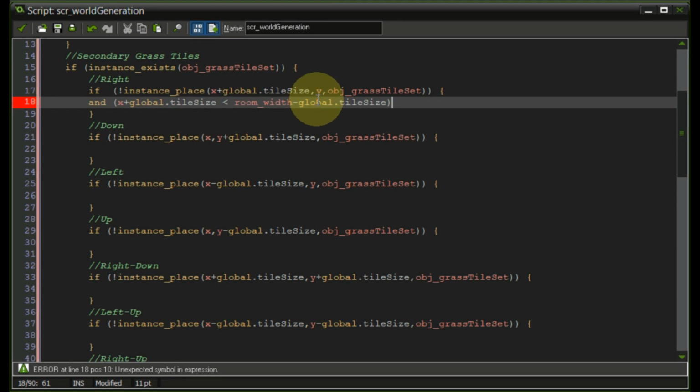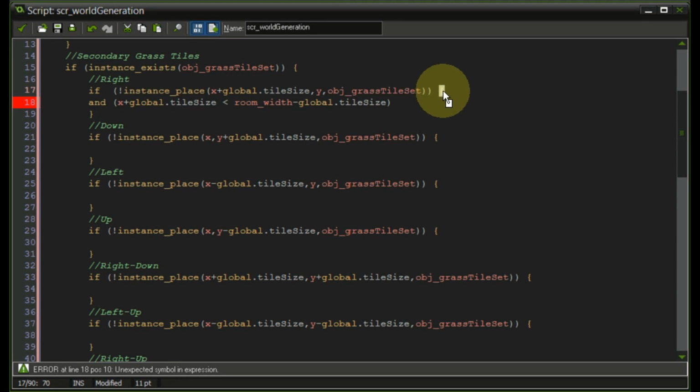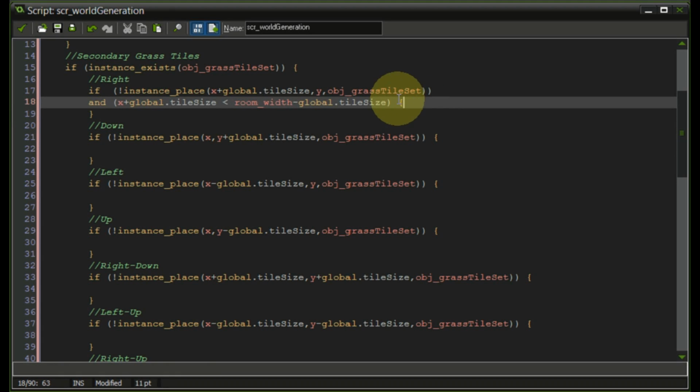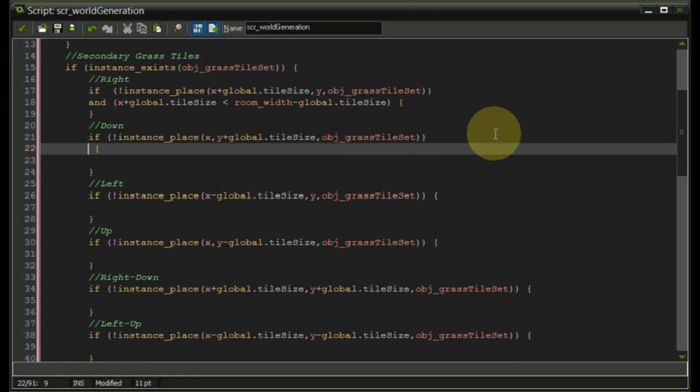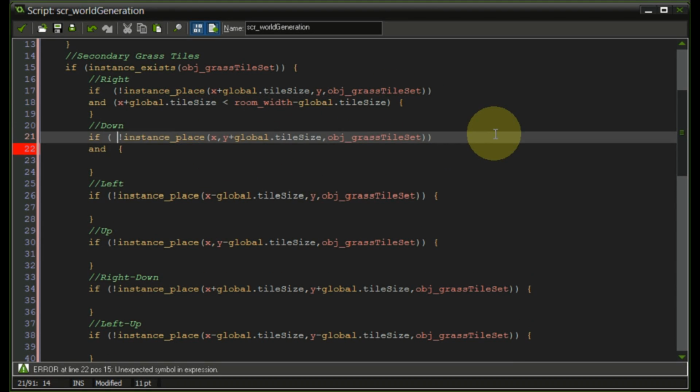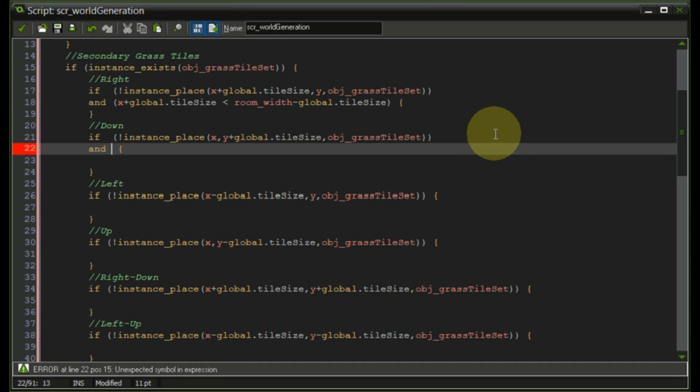It should be pretty clear, I think. So let's also make sure that we have this formatted correctly. And we're going to do the same thing down below. Unfortunately, we cannot just blindly copy it over. For instance, this one right here would be y plus global.tile_size is smaller than room_height minus global.tile_size. So this is pretty similar to the upper one, except of course we're checking for the